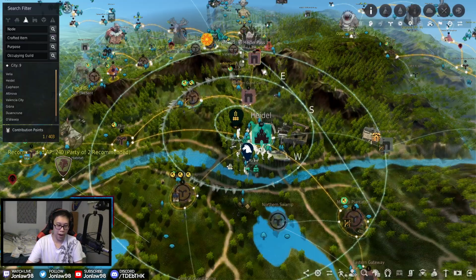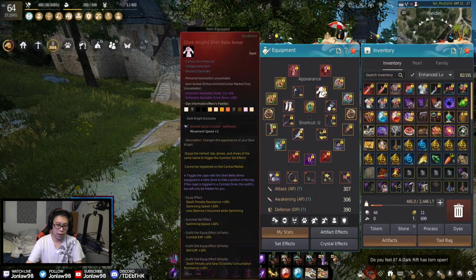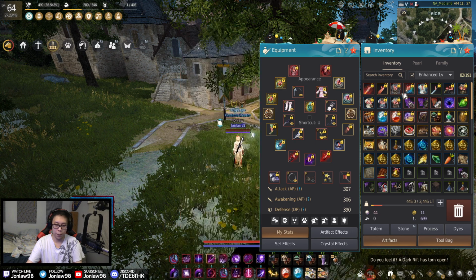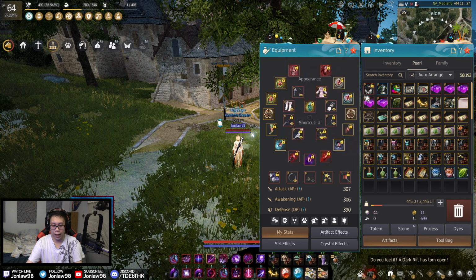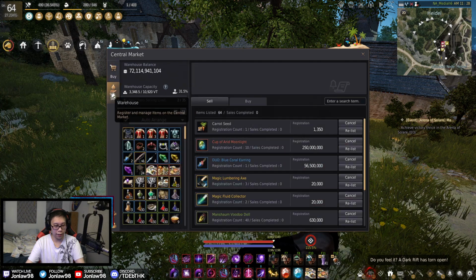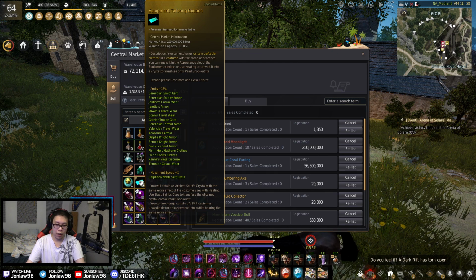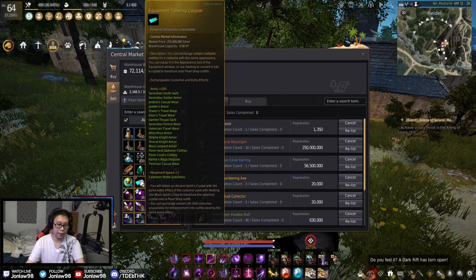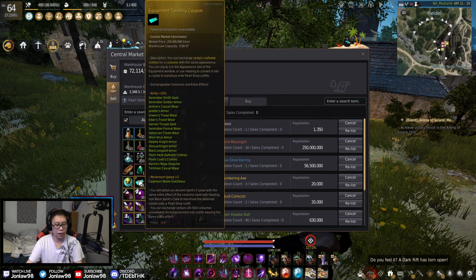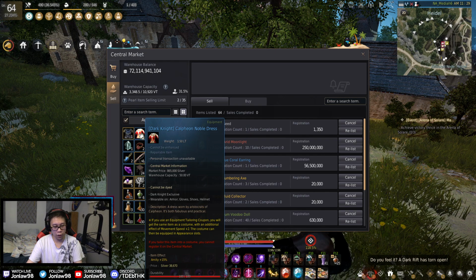This one doesn't even really matter, but let's talk about it. So as you guys know, in your pearl outfit, you can add a crystal to it. So the way it works is if you take any armor, for example, what you would do is get one of these things. They kind of give it away every now and then for events. The equipment tailoring coupon. What this allows you to do is